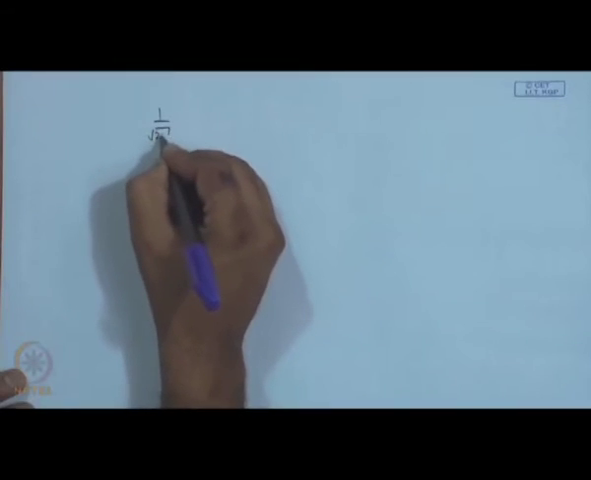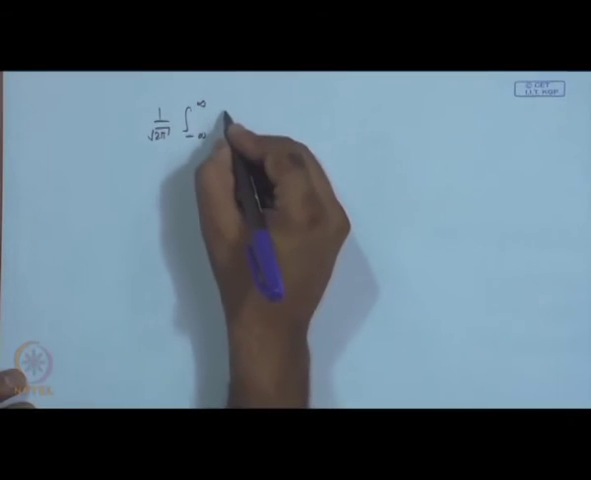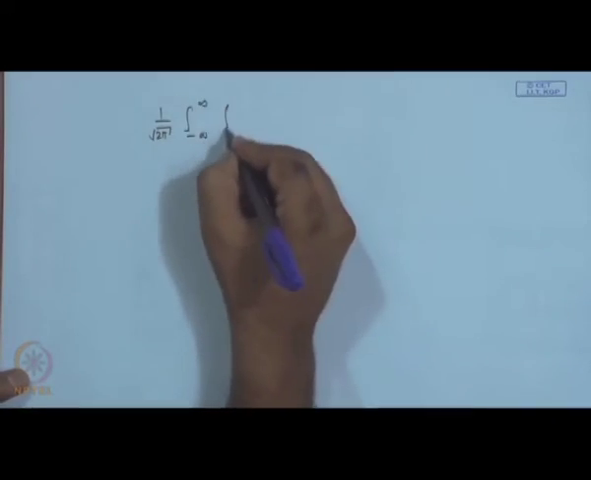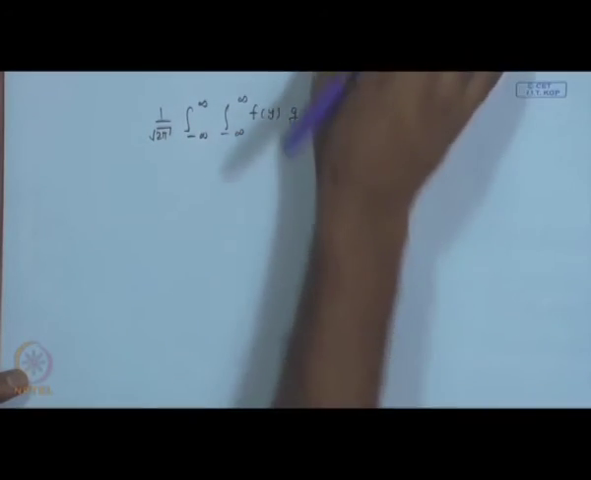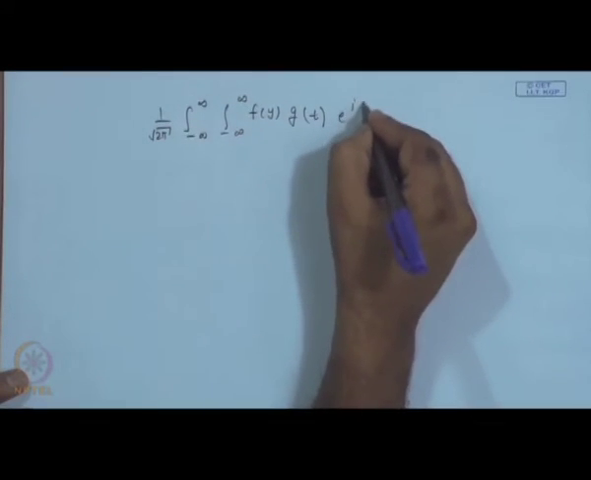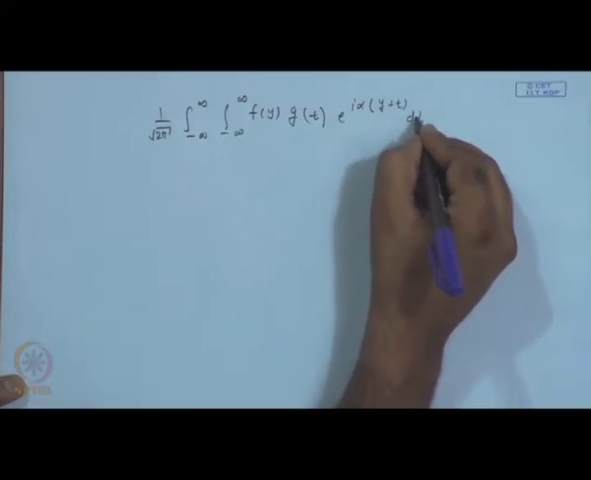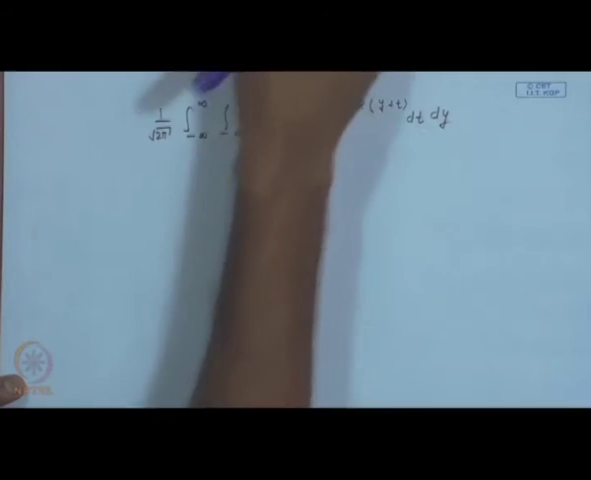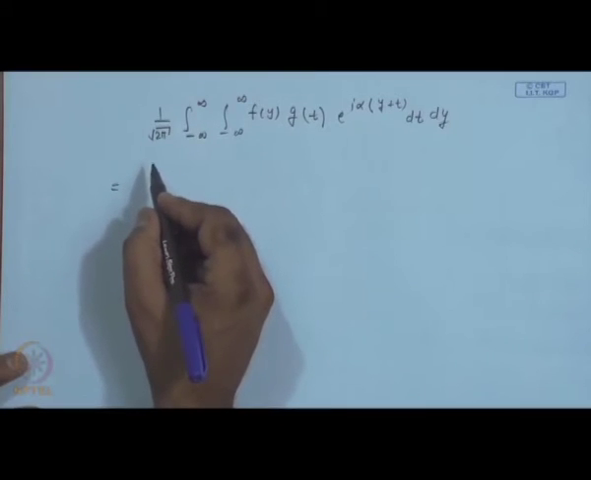So, now we get 1 over square root 2 pi, integral from minus infinity to plus infinity of f(y) as it is, and g(x minus y) where x minus y is now t, and we have e^(i alpha x), and x is y plus t, and dx is dt now, and dy. So, we have substituted this, and now what we see